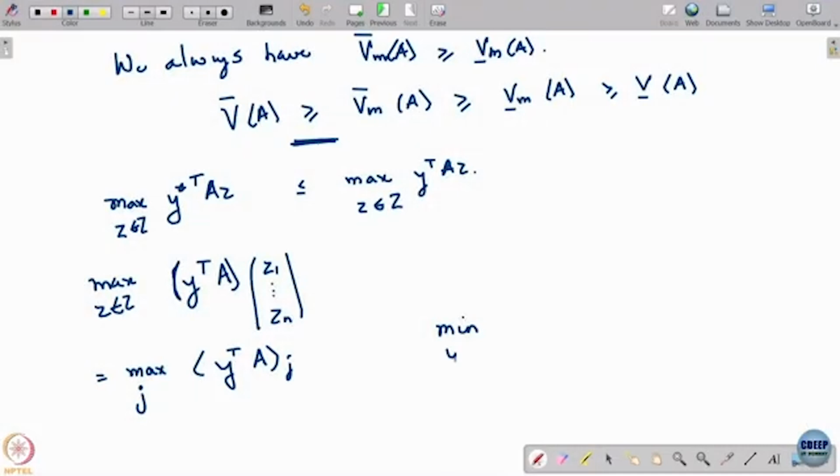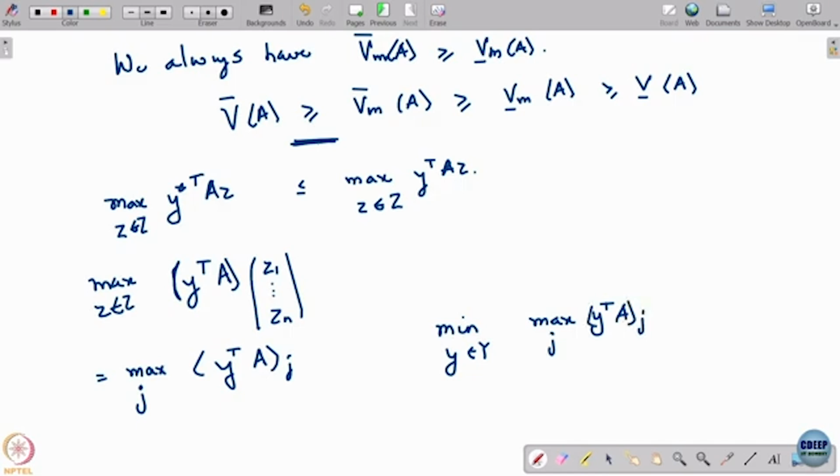That has to be the maximum value over all possible weighted combinations like this. So now you have basically the same thing that we had earlier, because now minimizing over Y in Y the max over j of Y transpose A j